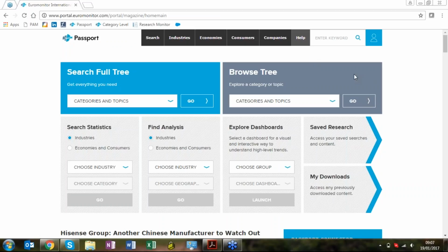There we go. So now you should all be able to see the Passport homepage. So I'd like to give you a brief introduction. I'm sure all of you know Passport and have used it. But just to give you a quick introduction, Passport is our international database, and